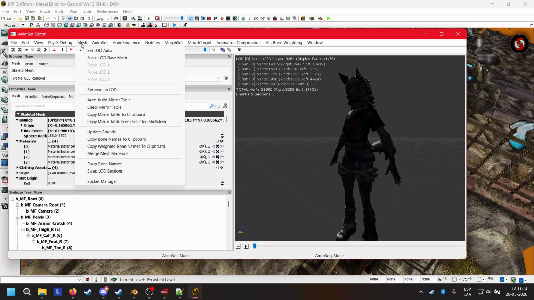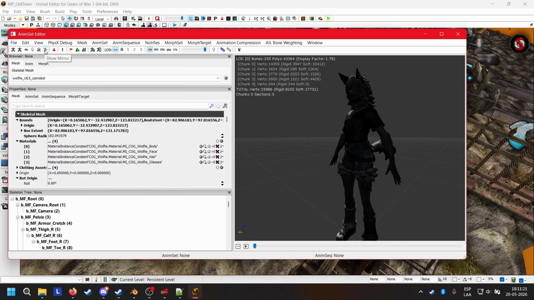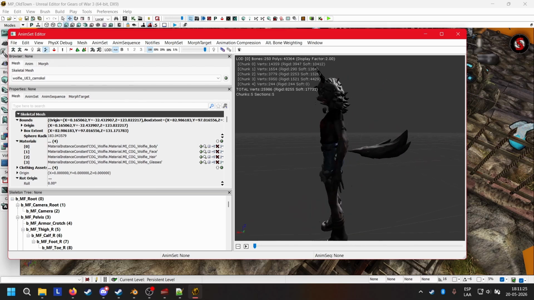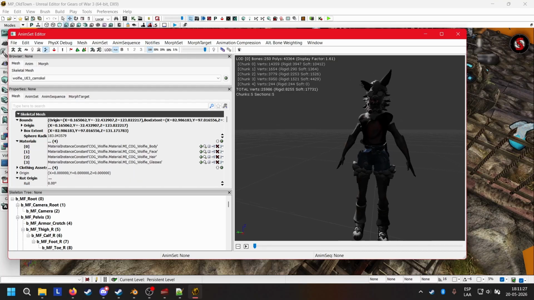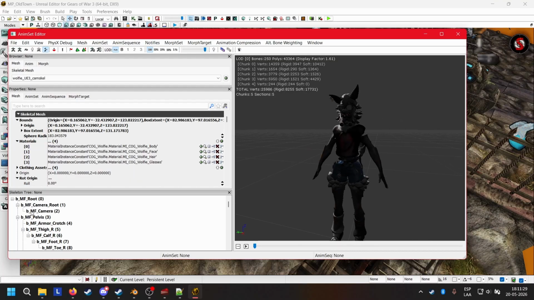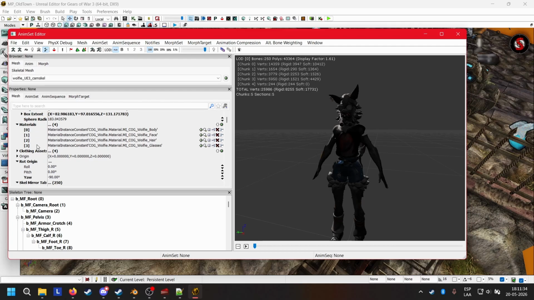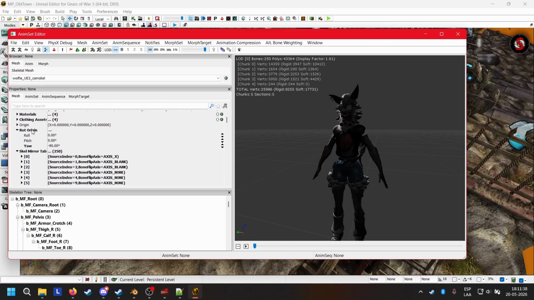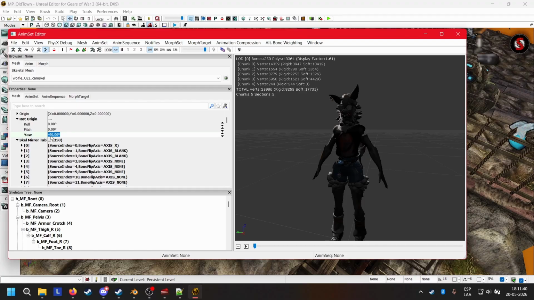No, that wasn't it. You can click on, no, it was, yeah, this show mirror. And it shows everything that's messing up, basically. But you can check the mirror table actually in one of these tabs here. So yeah, here. Skeletal mirror table. It's actually just right there. Let me actually,